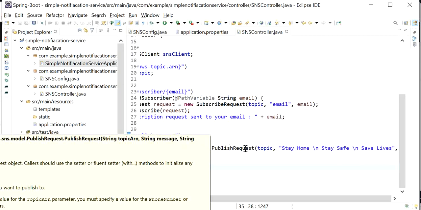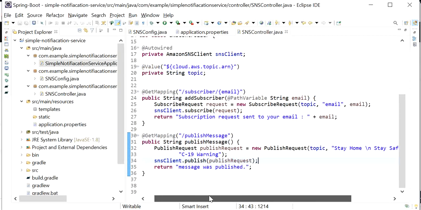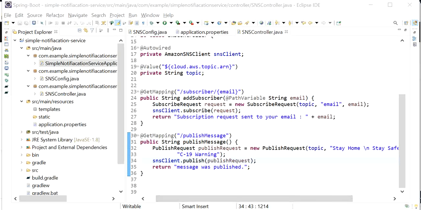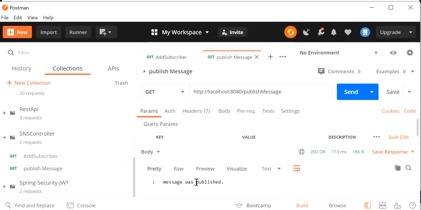First is the topic ARN name, what the topic name is, second is the message, that will be the body of the email, and third is the subject. So now I will hit the other endpoint, send, and the message was published.